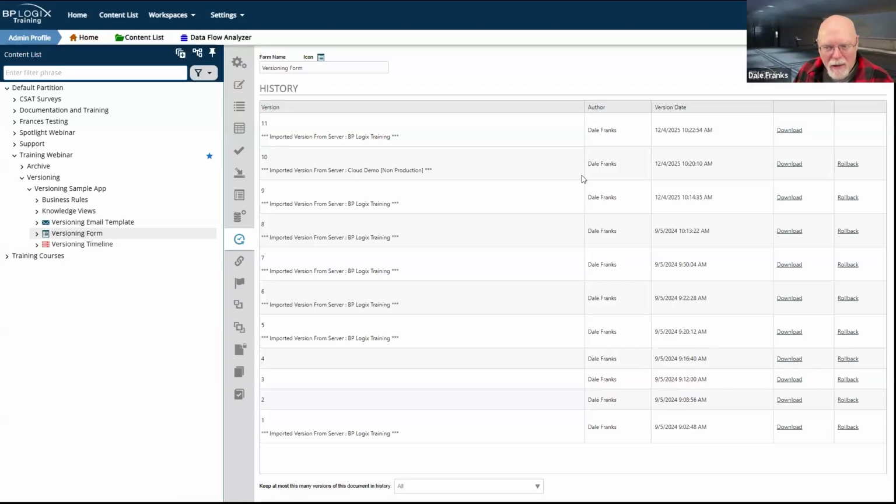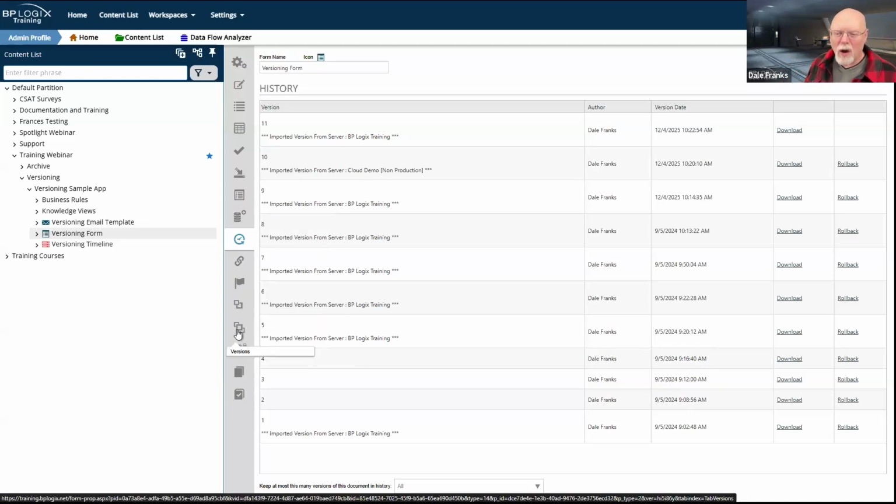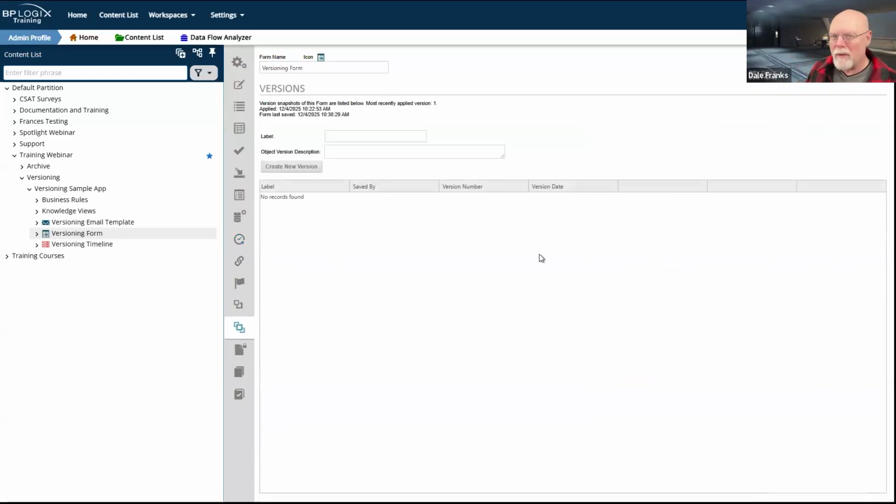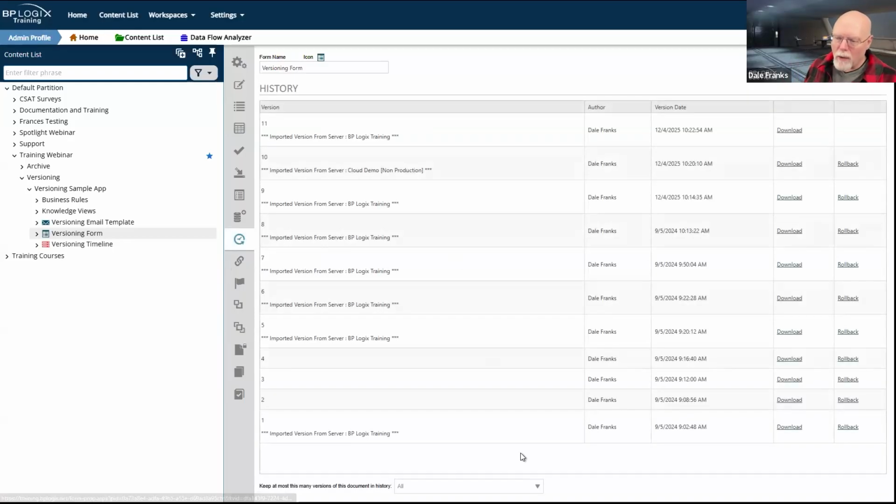But again, this is not canonical. It's inconvenient to use. It might be easier whenever you go through a set of changes to go into the versions tab and just create a version of that form. But that would be something that would be different on a dev server where you might do that, versus on a production server where you shouldn't be doing that. You shouldn't be going in and making changes to the form manually or making changes to anything else on the production server. So with a form, this is all great.